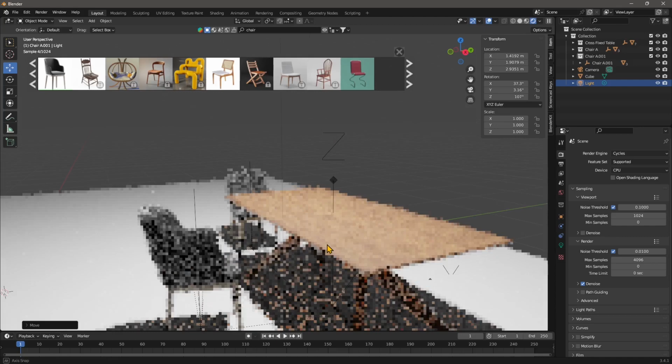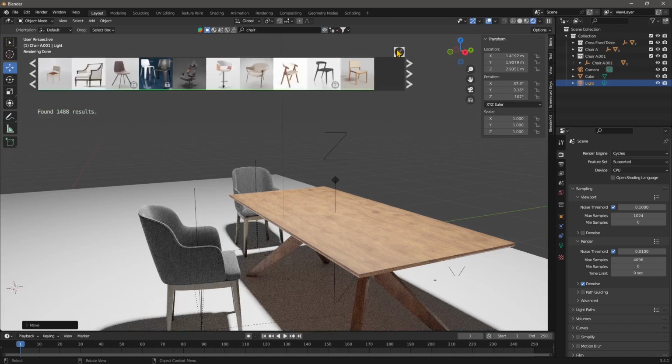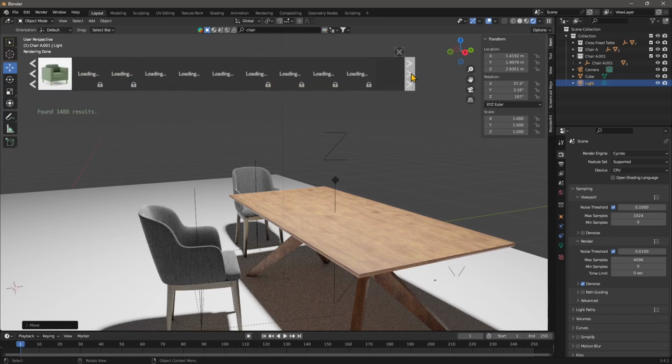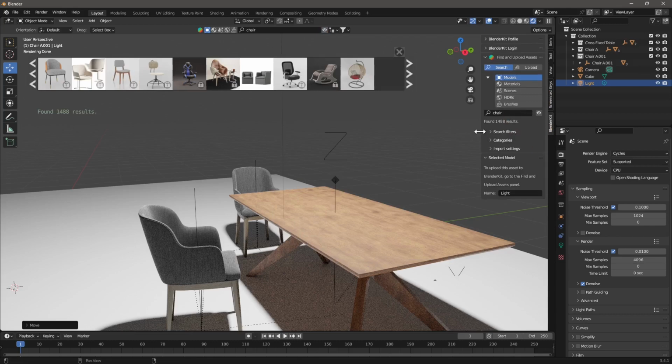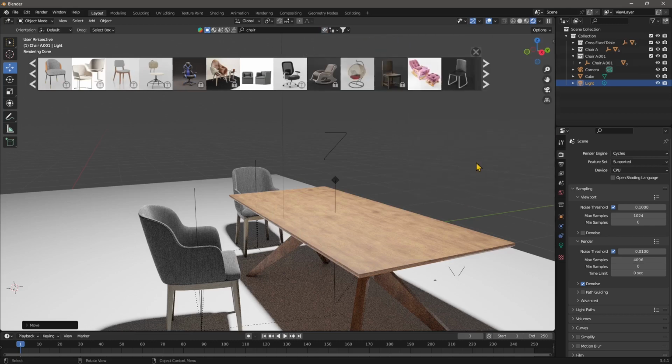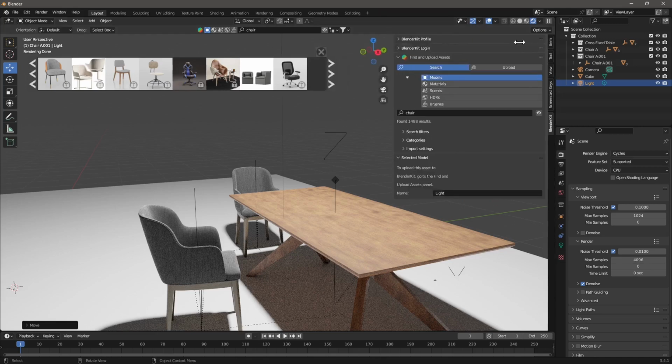Now, this strip right here can also be scrolled. So if you click on these arrows, you're going to move forward. You can see more assets, and you can also turn that off if you don't want to see it, and you can turn it on with this little eye. So here you can scroll, and also you have a BlenderKit panel here on the right. If you press N on the keyboard, it's going to open up, or you can click on this little arrow,